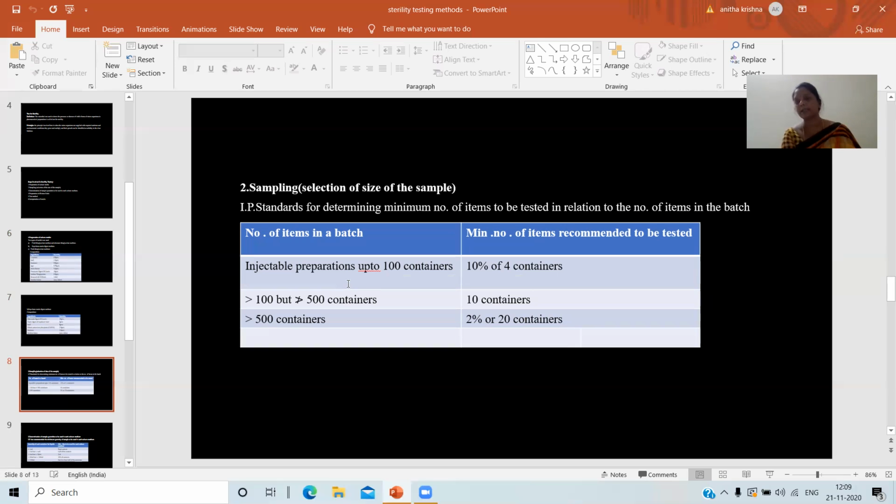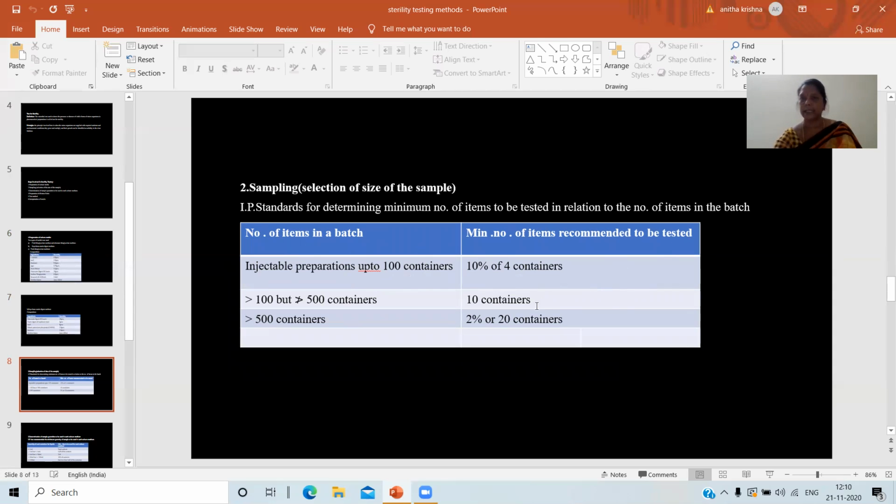For this, the Indian Pharmacopoeia has given you certain standards in order to pick up the minimum number of items from a batch that is generally manufactured. So when you talk about the number of items in the batch and the minimum number of items to be checked, if it is an injectable product, for example, if the batch contains 100 containers, then you have to take 10% or 4 containers. That means you have to take 4 containers, and from those 4 containers, 10% of the product has to be